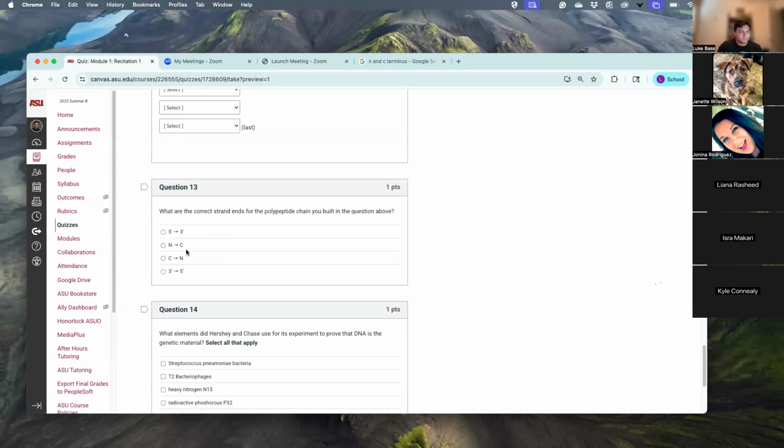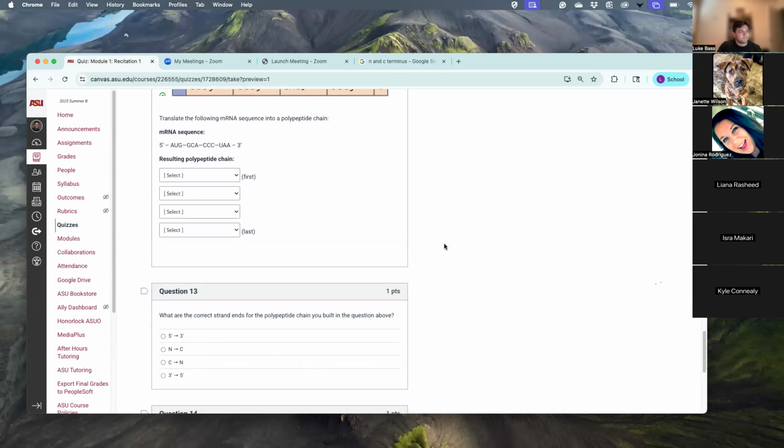Right. Because based on activity one, I understand that when you switch it to tRNA, it switches from 3' to 5'. So I guess that makes sense. So based on this mRNA sequence, we're just following the 5' to 3'. Yes, correct. So then on the polypeptide chain though,